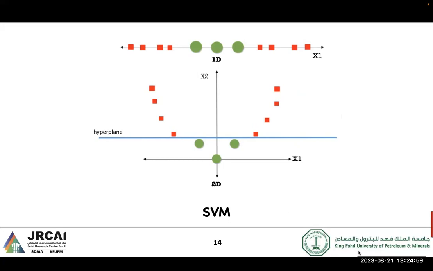You can see in this example, if you have only one attribute, X1, and you have these instances with two classes, the red one and the green one, then before using SVM we cannot find a linear hyperplane that will isolate the data. So you have to do a transformation of the data in order to be linearly separable. This is the core idea of the support vector machine.